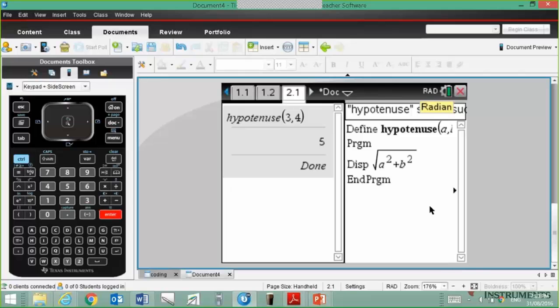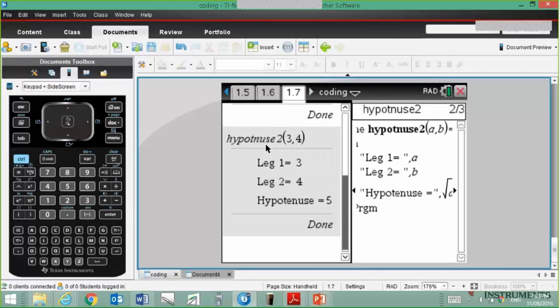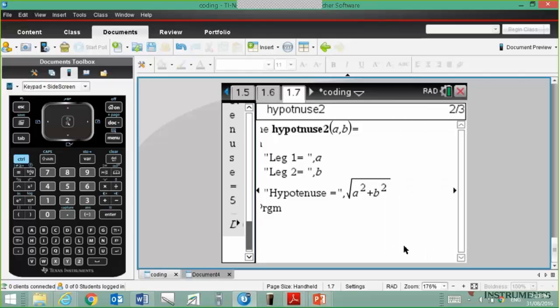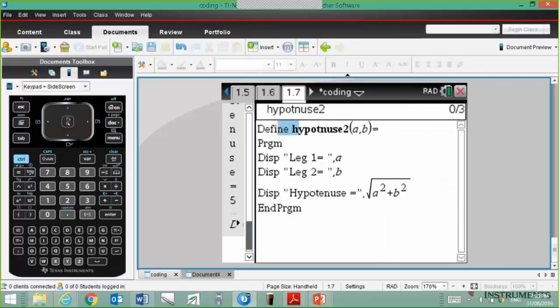I worked on this a little earlier. You can see my tab coding, and by the time I got to the end of the skill builder in the application, I was running a program, a misspelled hypotenuse apparently, and it actually reported back. I'll just quickly show you. Well, you can see the text on that, the code. So it asked for define hypotenuse, hypotenuse 2, which I didn't need the 2 because I misspelled hypotenuse anyway,